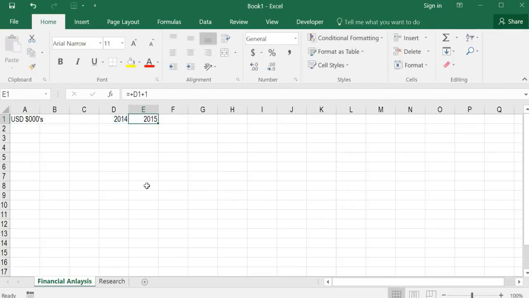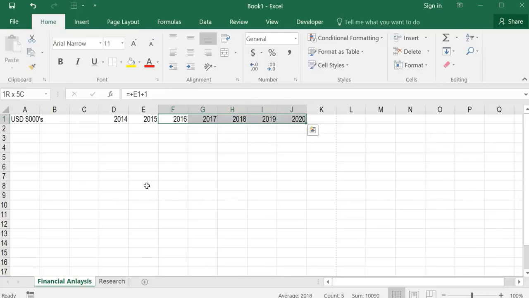We've got the previous year +1. I'm going to hold down Shift and press the right arrow, and then Control R to fill that right. So just to do that one more time quickly, type in 2014. To the right of it, press plus, left arrow, +1, enter, to get 2015. Hold the Shift key and press the right arrow to select the cells to the right and press Control R. This will fill right. So now what we've got here is 2 years of historical data